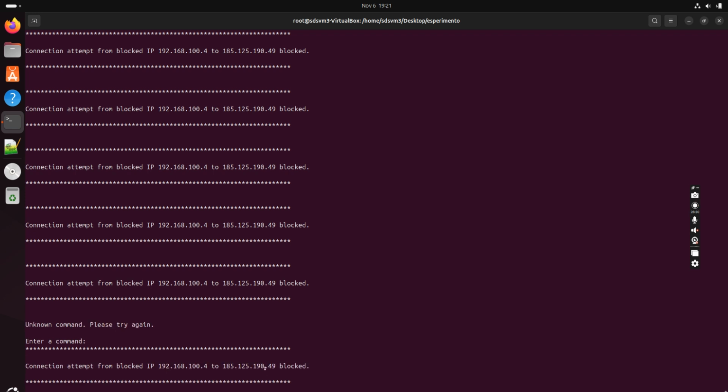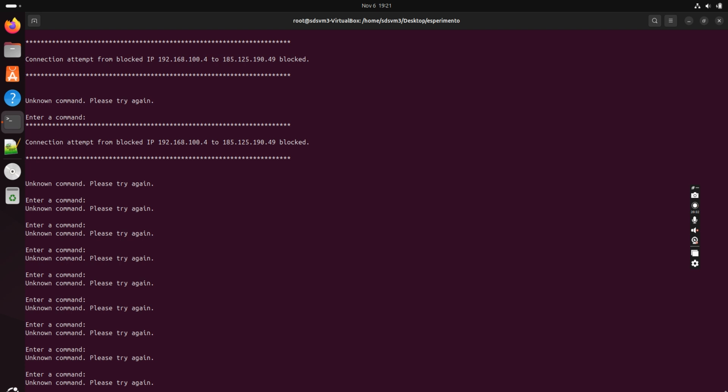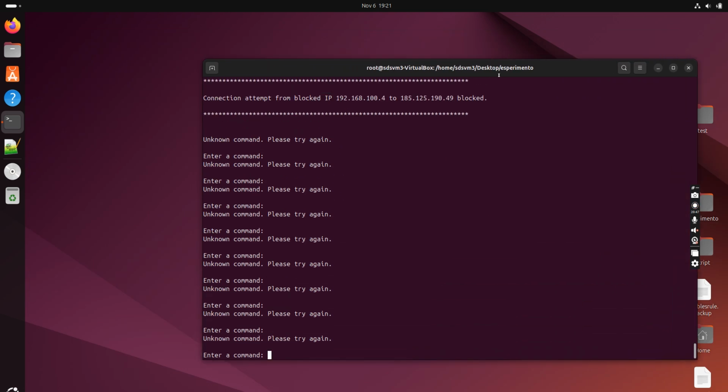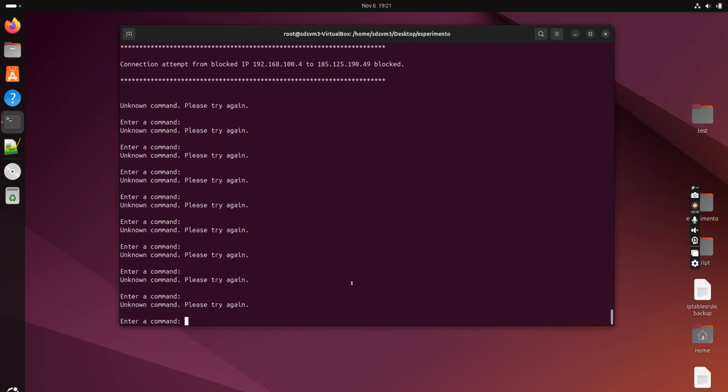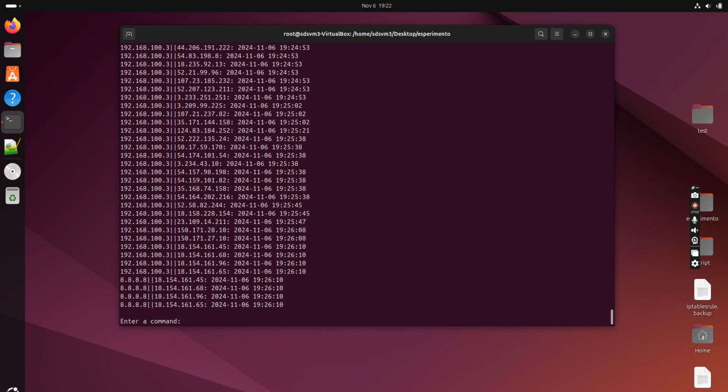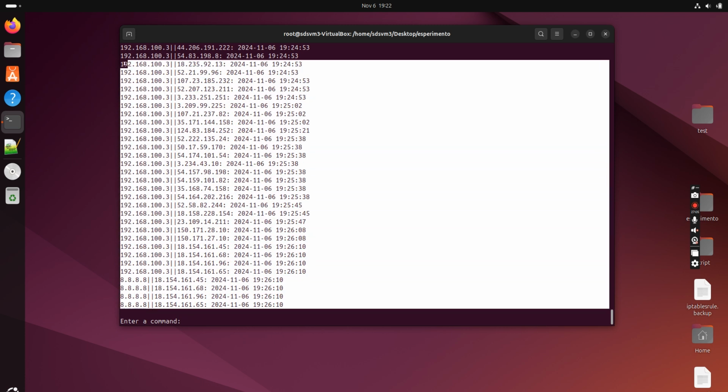I want to show you one thing that is really important, because the scan detection system accepts commands that I set up. Let's do help. As you can see, this is the print hash table command that I showed you in my slides, and if I do this, you can see all DNS records,